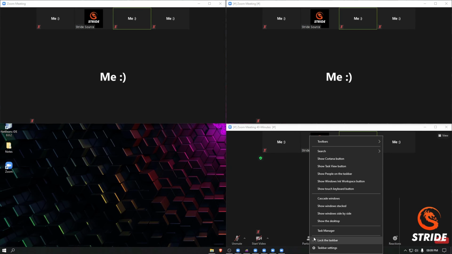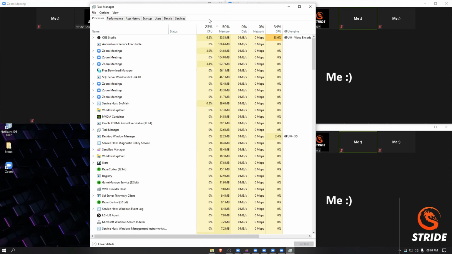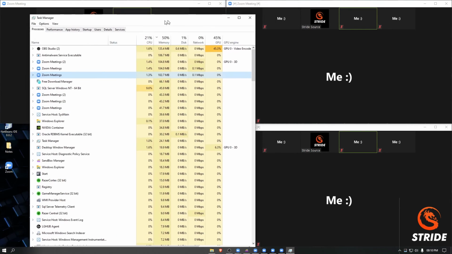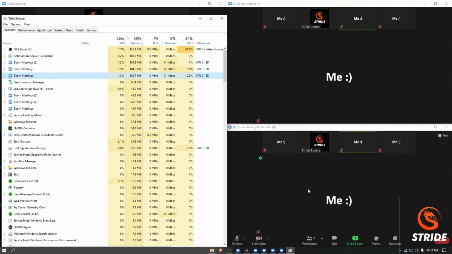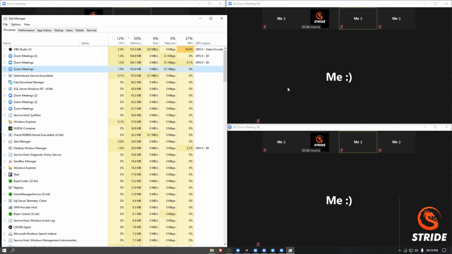It takes resources, as you can see in the task manager. I have OBS running, but it doesn't matter. As you can see, each virtualized Zoom meeting is taking 100 MB, and this is without displaying anything in the Zoom meeting. If you display anything, or any classes are going on, or any slides are shown, this RAM will increase dynamically. I don't know how much RAM it consumes, but do open the virtual taskbar and refer to it.